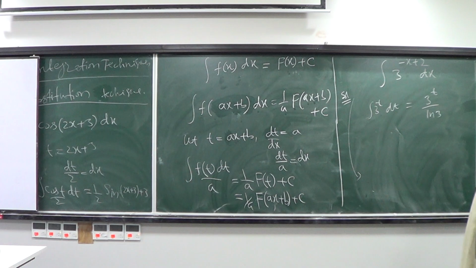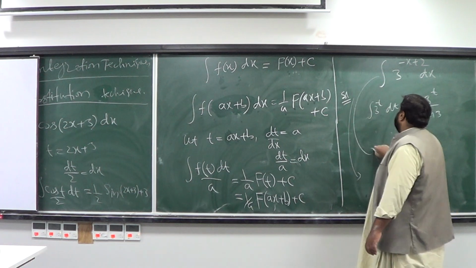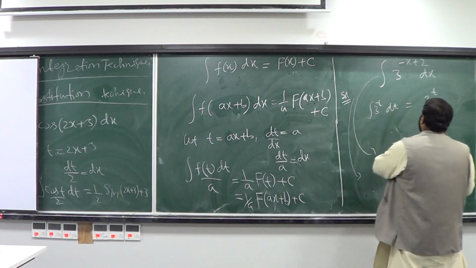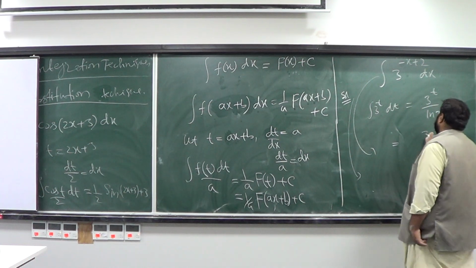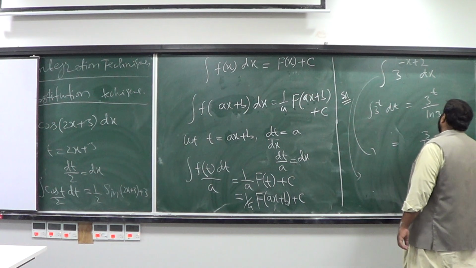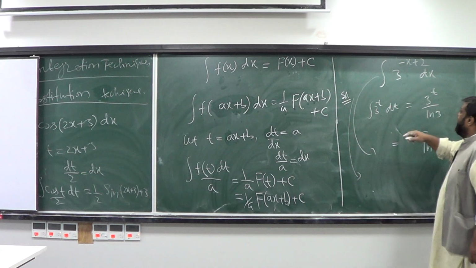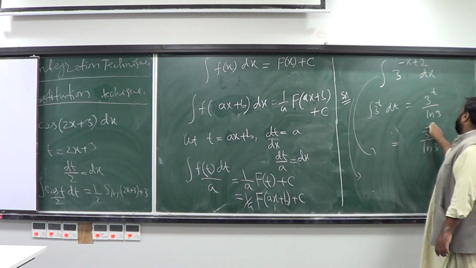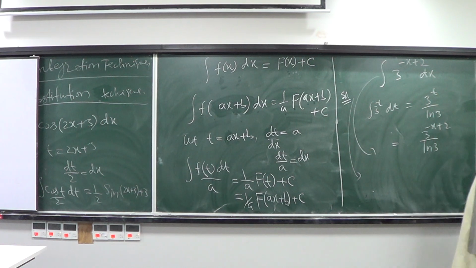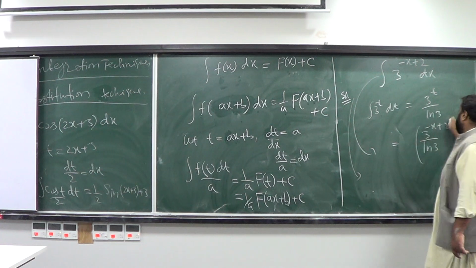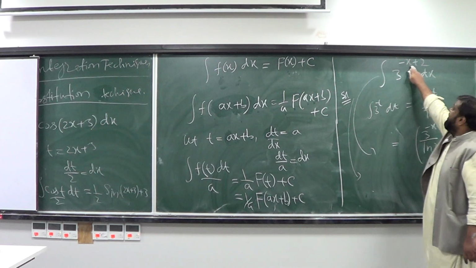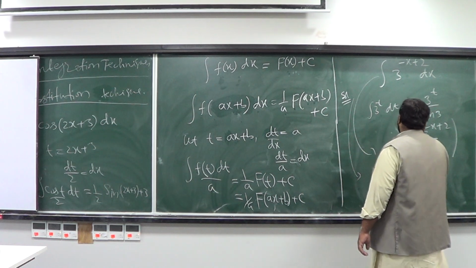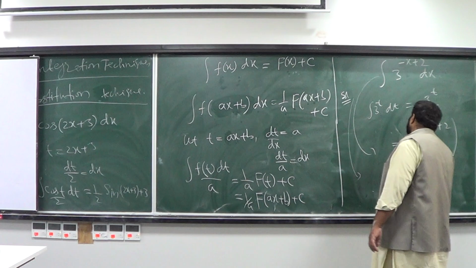So that's the antiderivative of it. So by this, take the antiderivative, which is 3 power t over log 3, and in the place of t substitute ax plus b, which is minus x plus 2, and divide everything by the coefficient of x. In other words, multiply by minus 1. So you're going to get minus